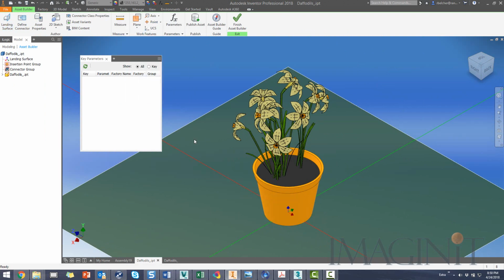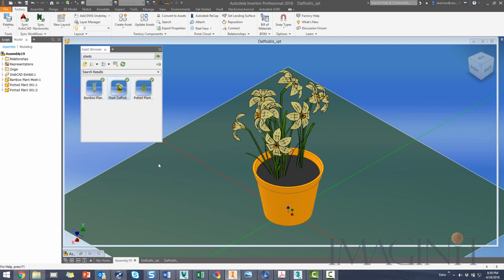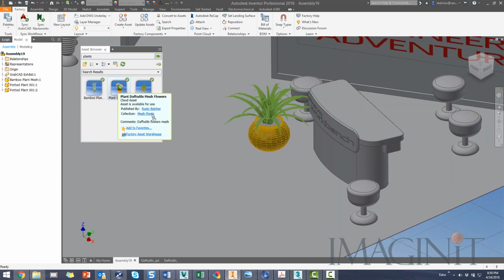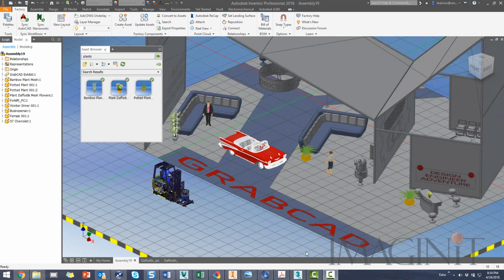Now I've already published it at this point, so let me go back over to the assembly I started with this tech tip. Let's say, for instance, again, I needed some more plants in my design, so I can easily drag my asset out and find a spot here on top of the desk and place the flowers. Being able to utilize an online resource like the SketchUp warehouse is an incredibly important advance in the history of